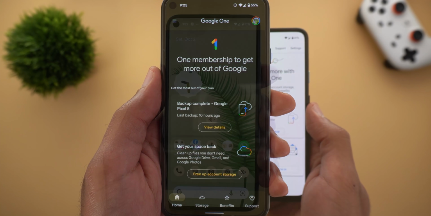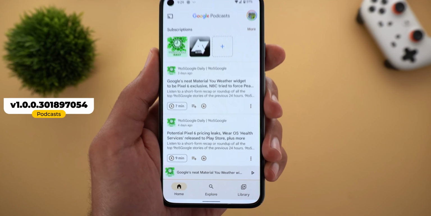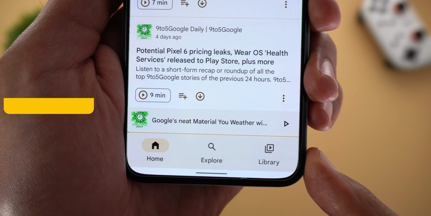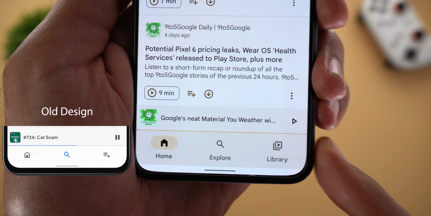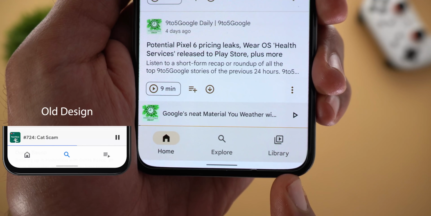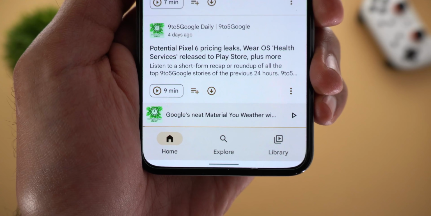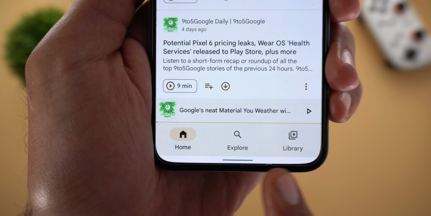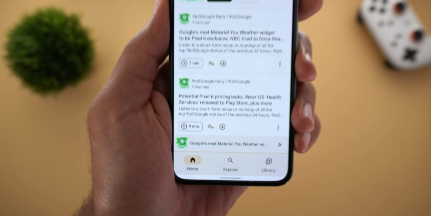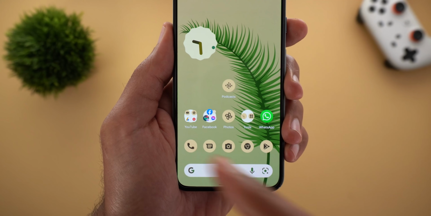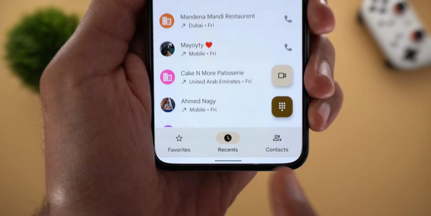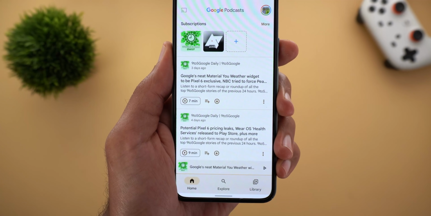App number 5 is podcasts, and the first change is in the bottom navigation bar. First, it matches the device theme, and also every tab is labeled instead of only using icons. The only problem I see here is the white bar at the bottom, so I'm not sure why some apps have it and some apps don't. I can see the same white bar in the phone app, so I hope Google will provide a more consistent